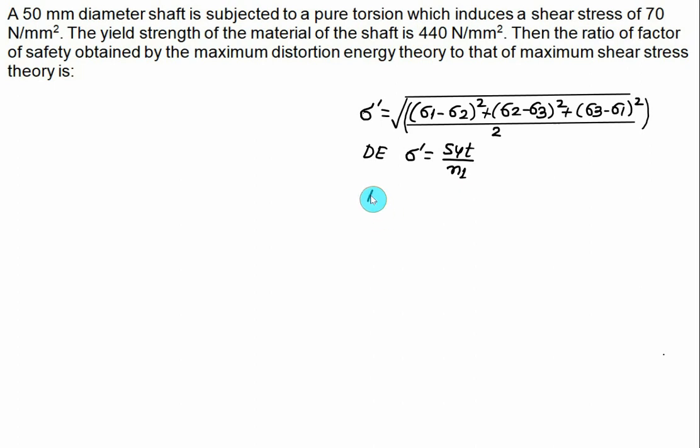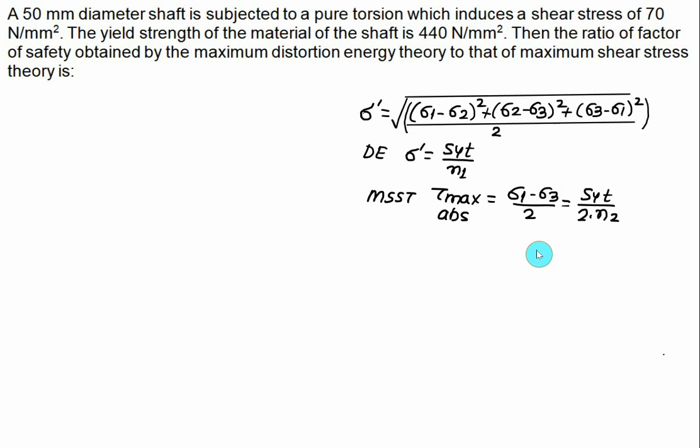For maximum shear stress theory, we have tau max absolute value given as sigma 1 minus sigma 3 divided by 2 is equal to SYT divided by 2 times the factor of safety, let's say n2, and then we have to calculate the ratio of this factor of safety obtained by distortion, that is n1 by n2, we have